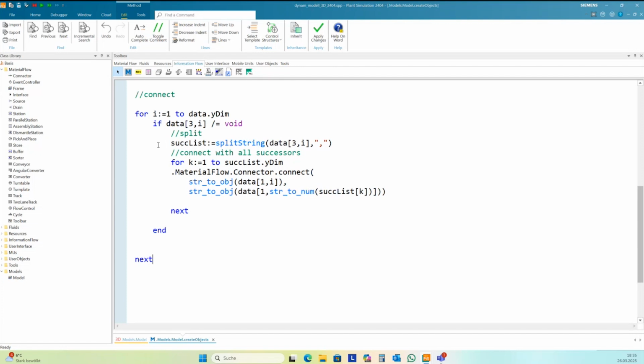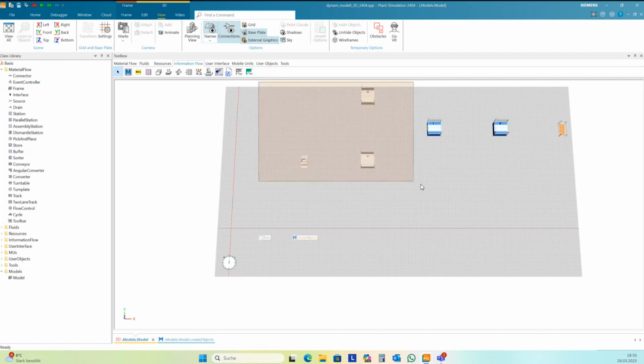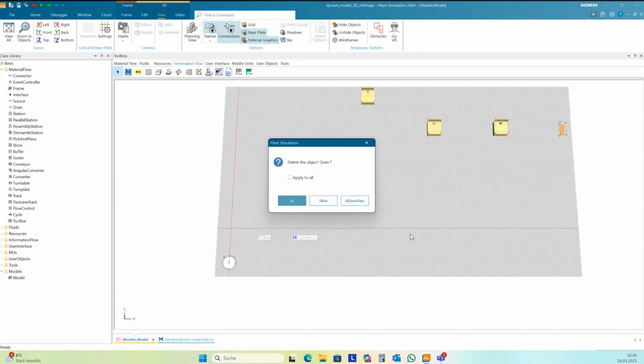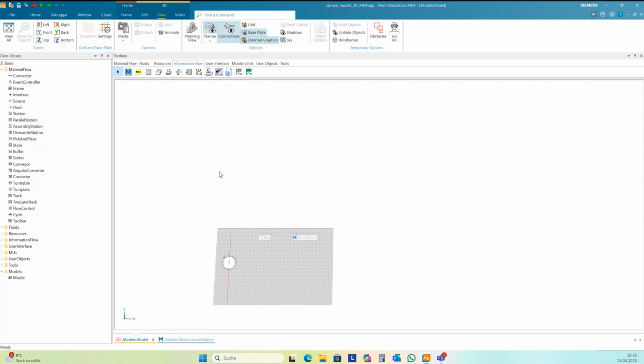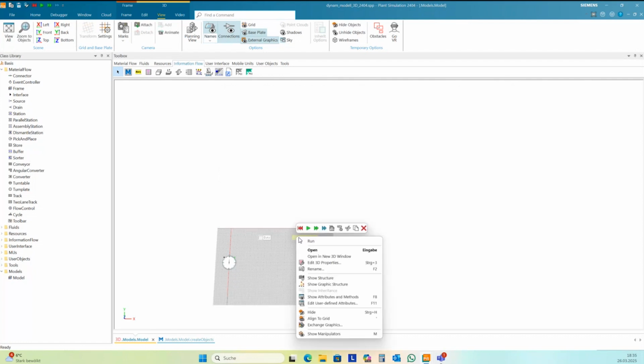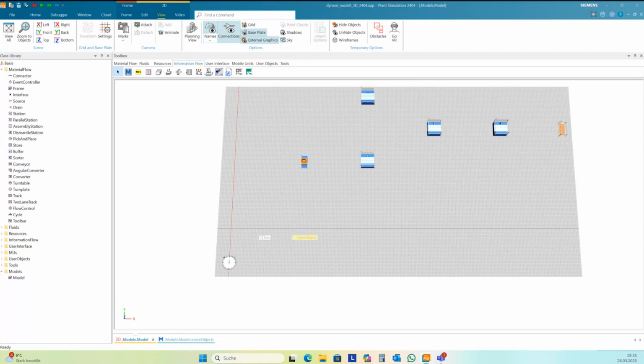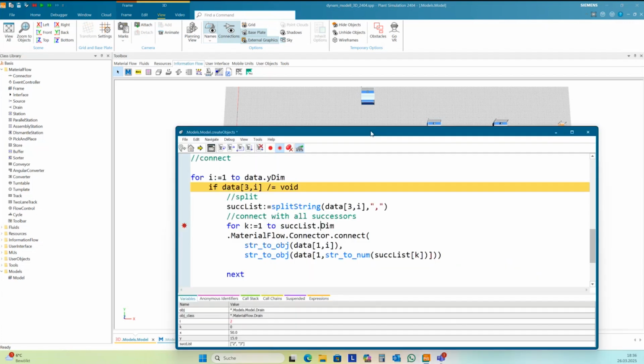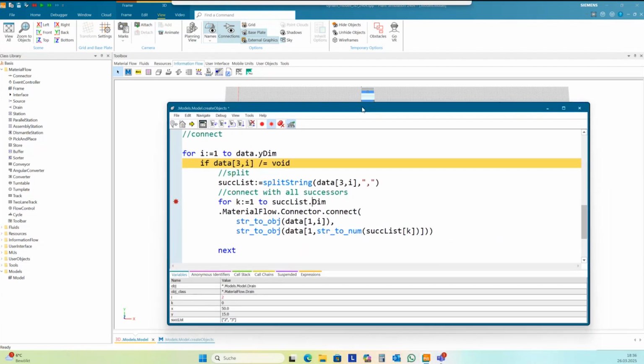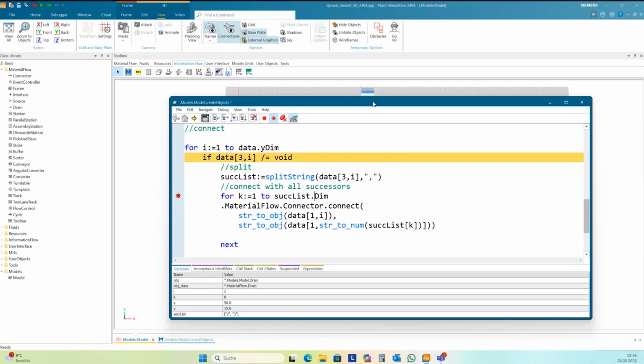Interesting. Okay, I need to check this here. Should work. Oh, there's a failure here. It's only a sublist dim, not ydim.